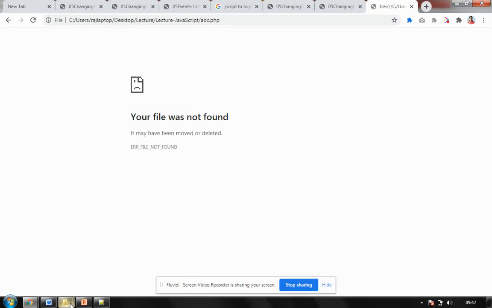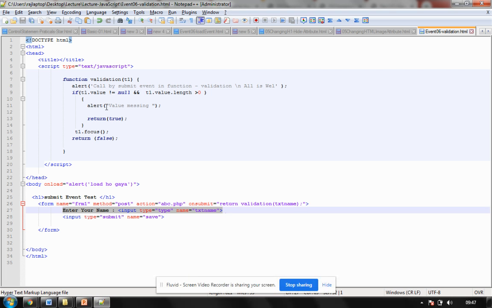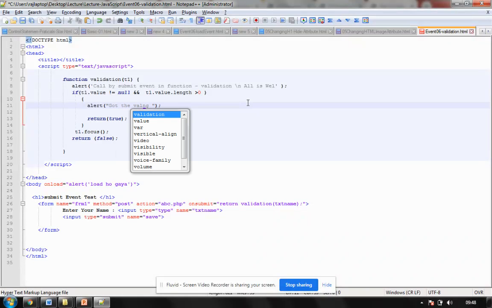I think the message which we have written is something wrong here. So I should not say value missing. I have to say if it is not null, and if length is more than 0, then it is saying got the value. Fine.